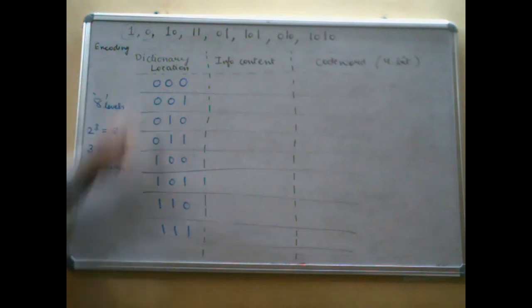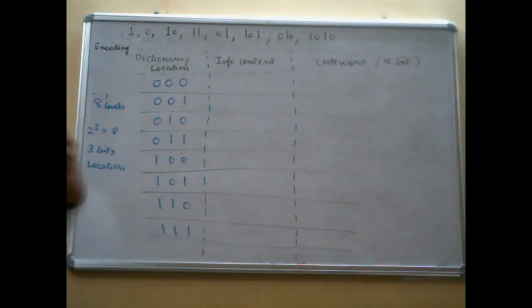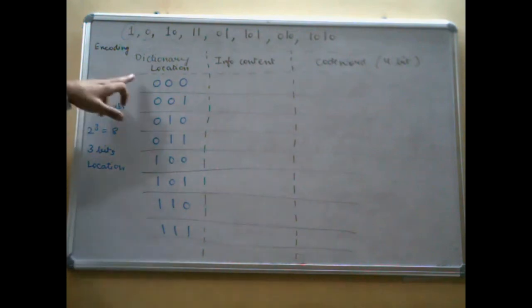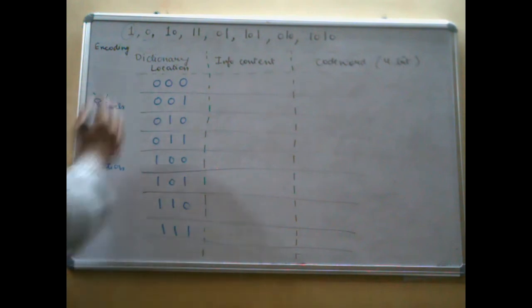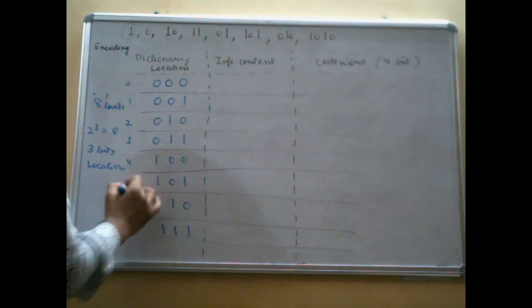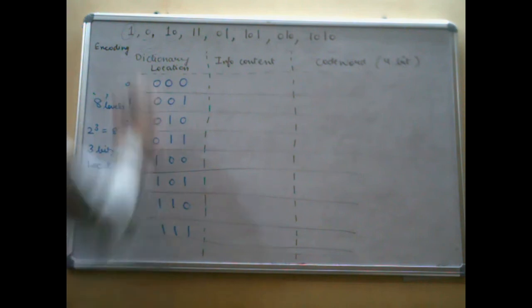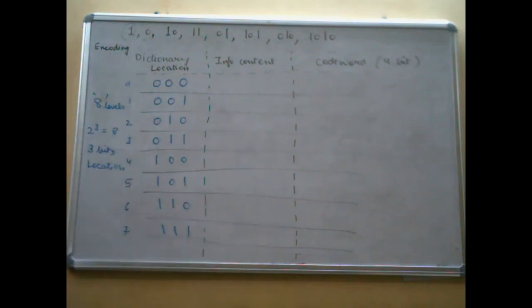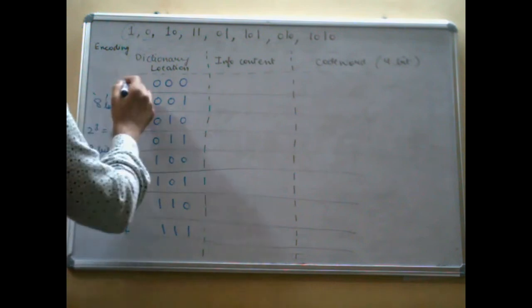How are these calculated? Do you know this? How are these written? Just let me know. I've told you in the previous lecture as well. Those who don't know, just let me know. This is nothing but, in decimal, 0, 1, 2, 3, 4, 5, 6 and 7 only. Total 8 levels. How do you write it in binary?